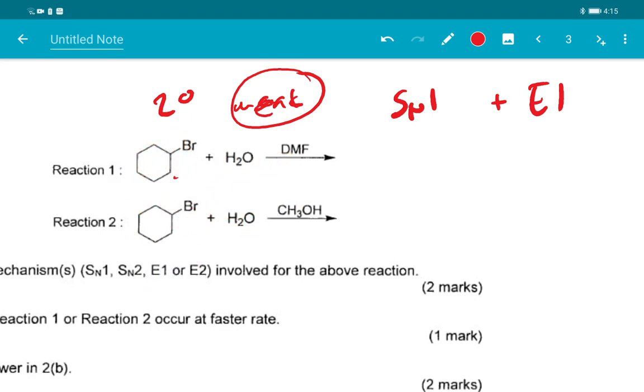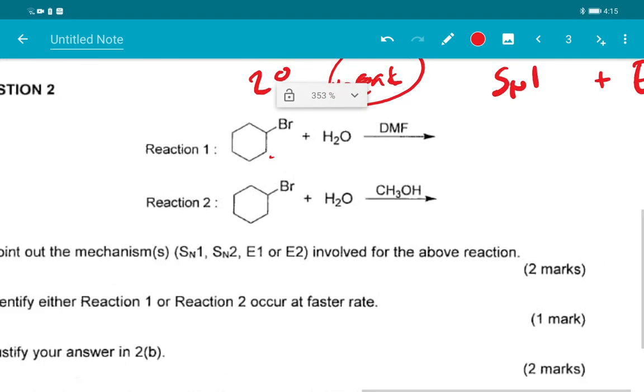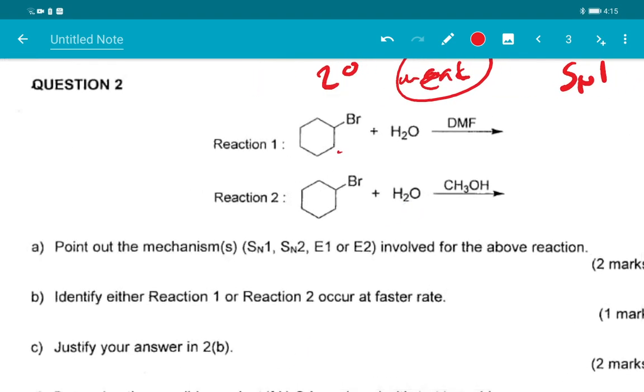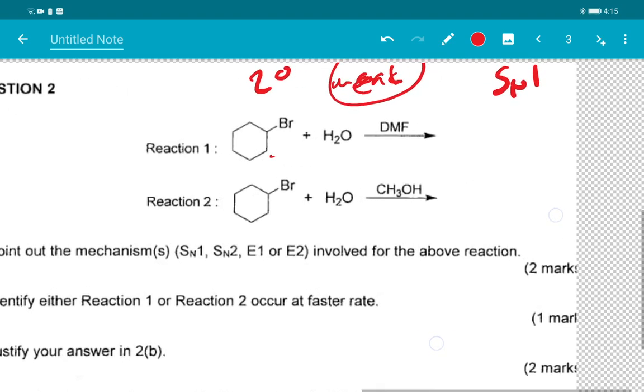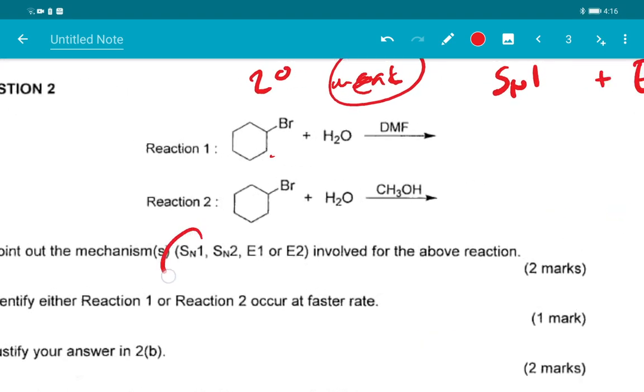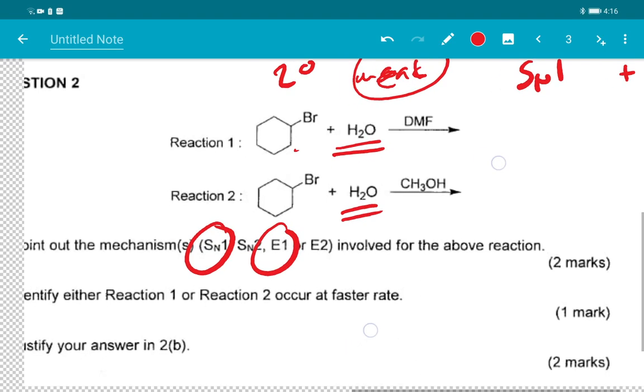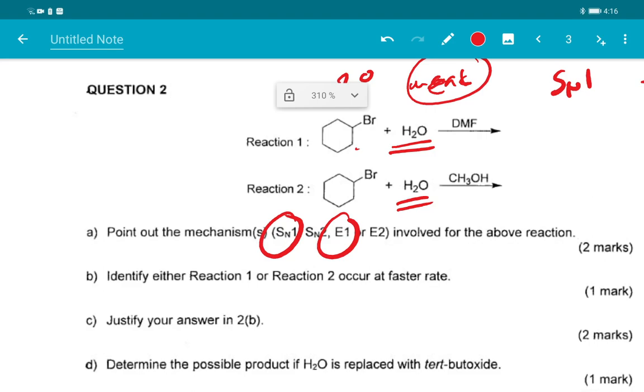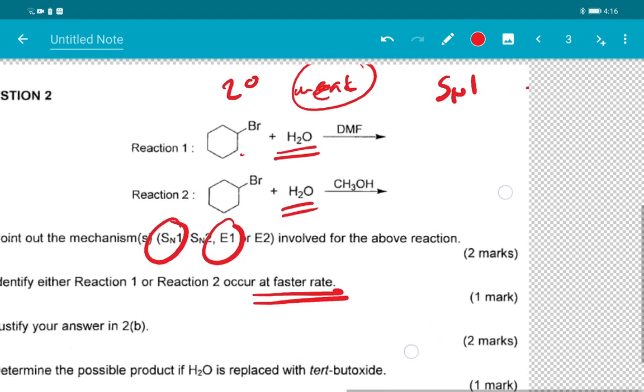So let's take a look at the questions. Point out the mechanism, SN1, SN2, E1, or E2, involved in the above reaction. Therefore, we can clearly predict that it will be SN1 and also E1. The reason why? Because we are using a weak nucleophile. Identify whether reaction 1 or 2 occurs at a faster rate. Okay, the question before, I was already talking about the rate. Okay, but for this one,